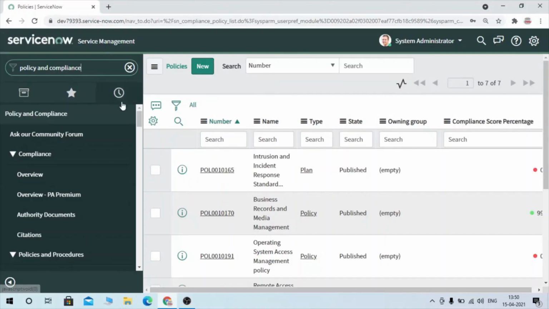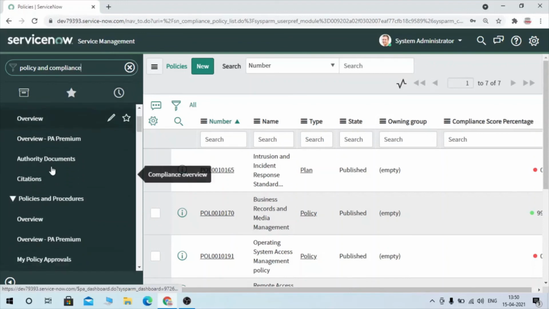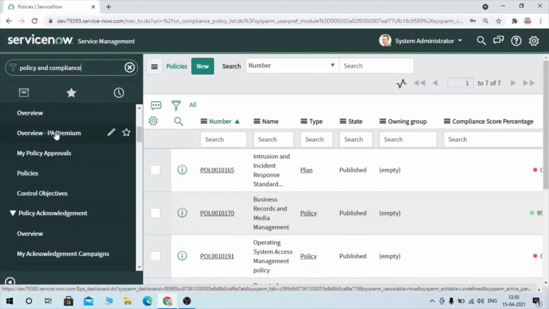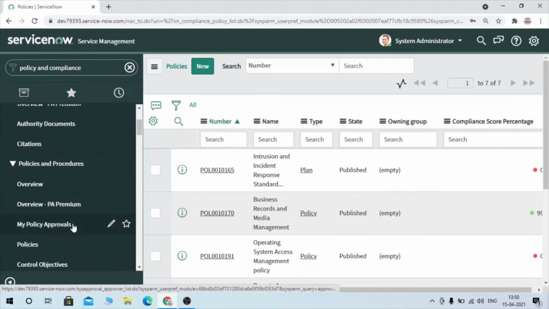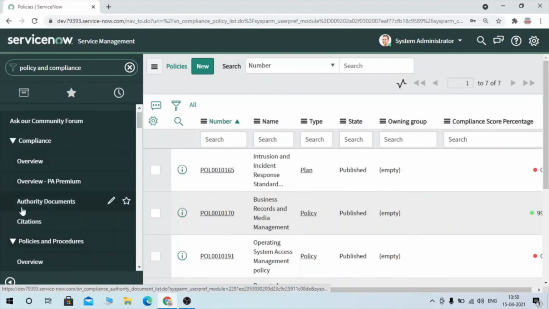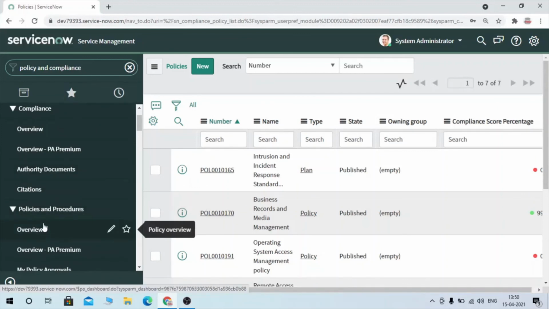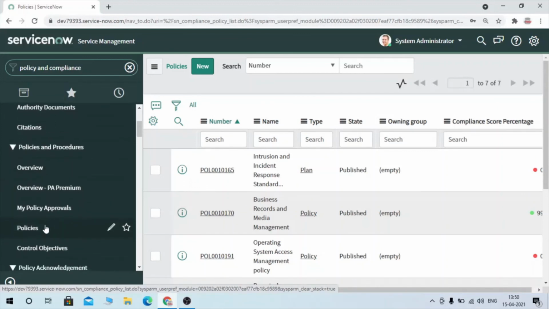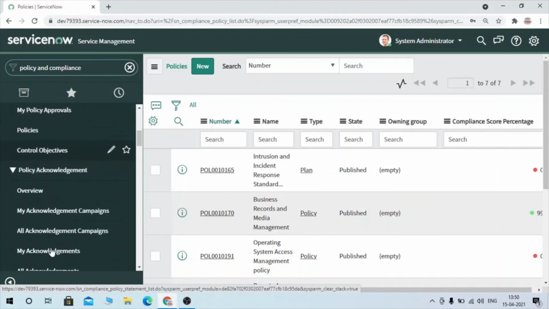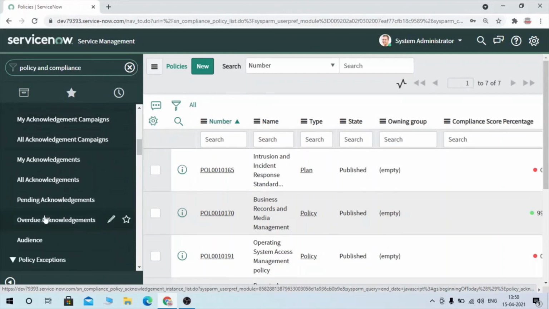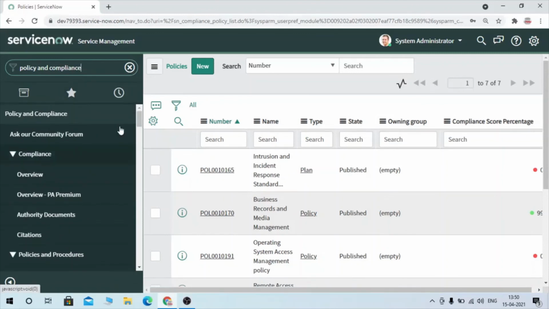So guys, let's see all the modules. I have already provided them in the slides, but I just want to provide you a demo. Here you can see we have authority documents, citations, overview. We have policies, control objectives. These are the important modules of policy and compliance. In our upcoming policy and compliance video, I'm going to explain them one by one and we'll see how you can create a new policy.